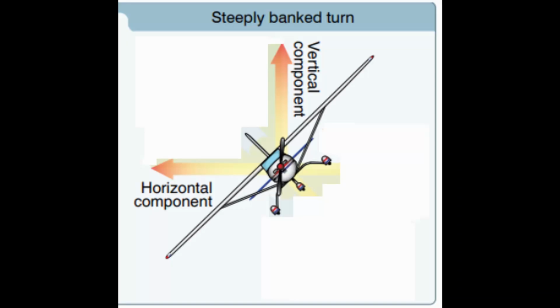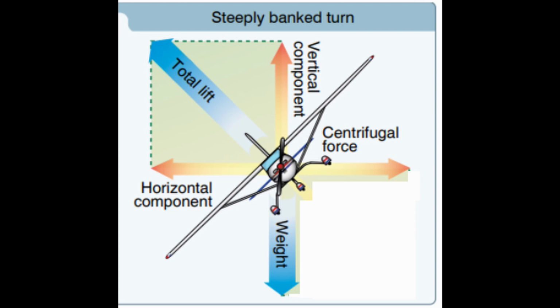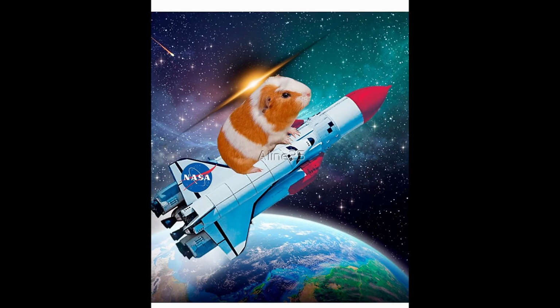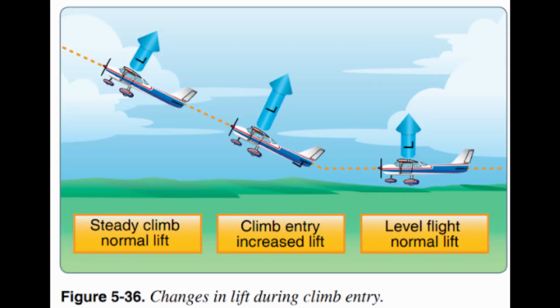If the airplane is in equilibrium, which means all forces are equal, then the force of the horizontal component of lift matches centrifugal force, while the vertical component of lift matches weight. The combined components of lift are called total lift, while the combined force of centrifugal force and weight is called load factor. Load factor is measured in G's, where 1 G is 1 time the force of gravity. Initially, to start the turn, the horizontal component temporarily overcomes centrifugal force and inertia. The same thing happens when starting a climb or descent.